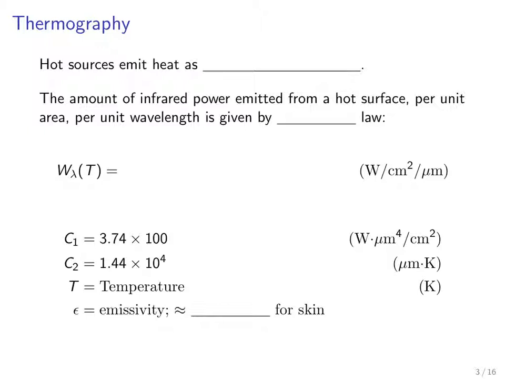Okay, so as we said, hot sources emit heat as infrared radiation. And the amount of infrared power emitted from a hot surface per unit area per unit wavelength is given by Planck's law, which I will write here below. So Planck's law says that the infrared power, which is called W sub lambda of T, so it's a function of both the wavelength and the temperature,